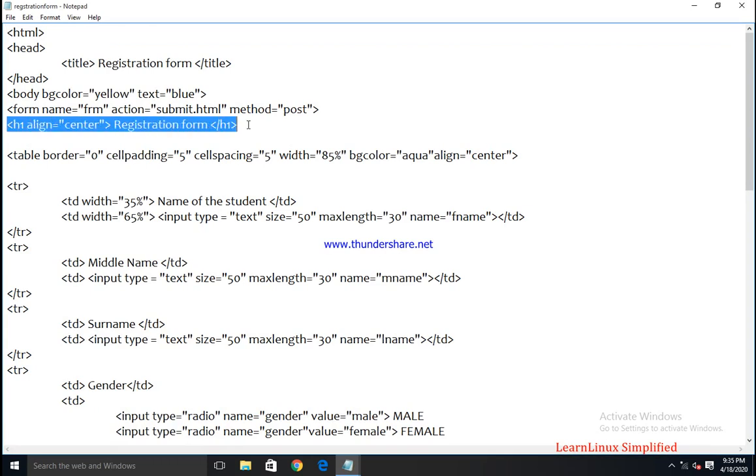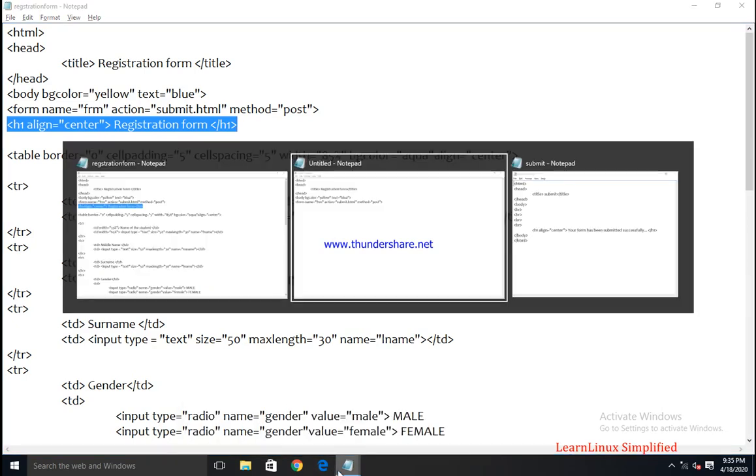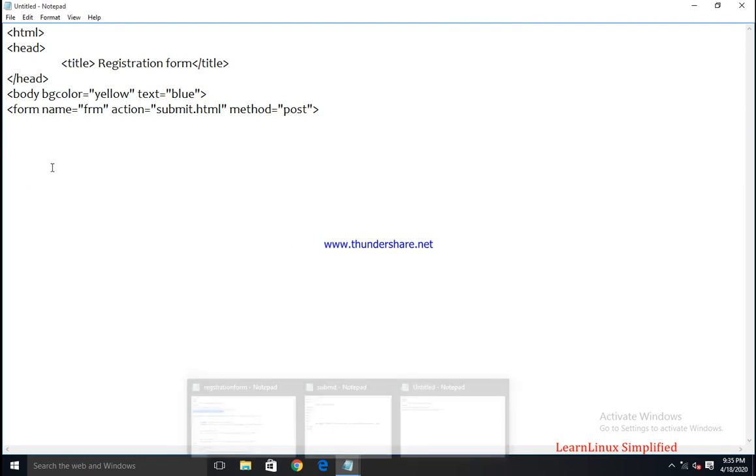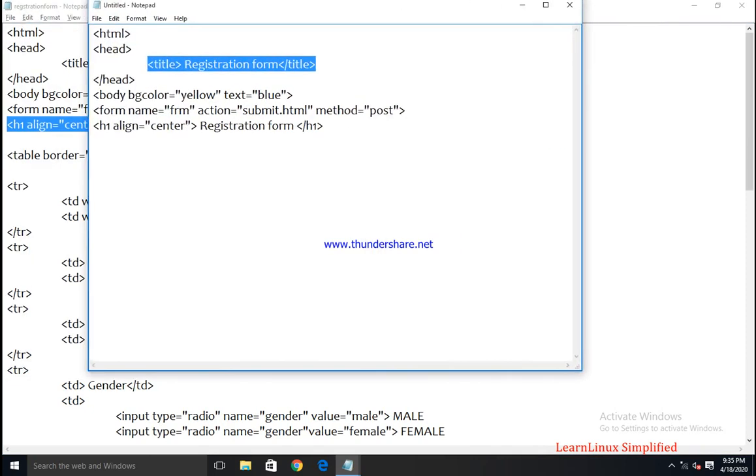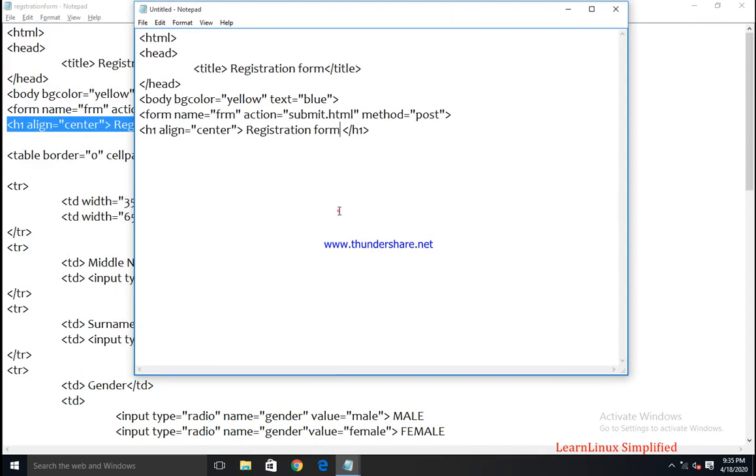So I am simply copying from here and pasting here. This is the heading of our form, registration form. Whatever I have written in title will be displayed in the title bar here, and whatever I have written in H1 will be displayed as the heading of the content. I will show you in the web page.